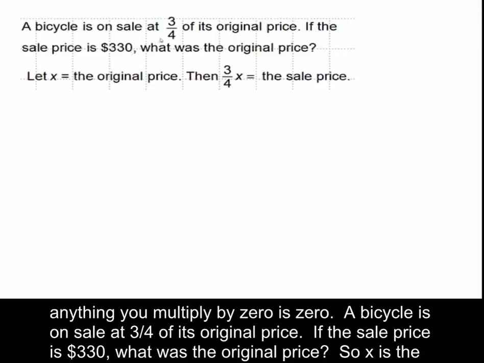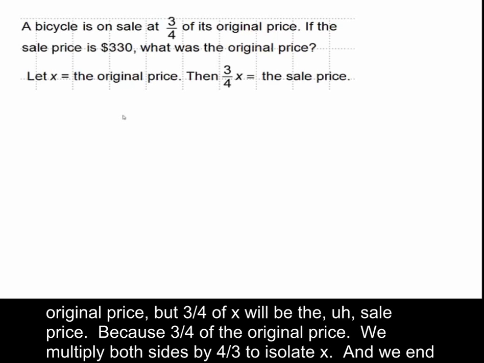A bicycle is on sale at 3/4 of its original price. If the sale price is $330, what was the original price? So X is the original price, but 3/4 of X will be the sale price, because it's 3/4 of the original price. We multiply both sides by 4/3 to isolate X, and we end up with